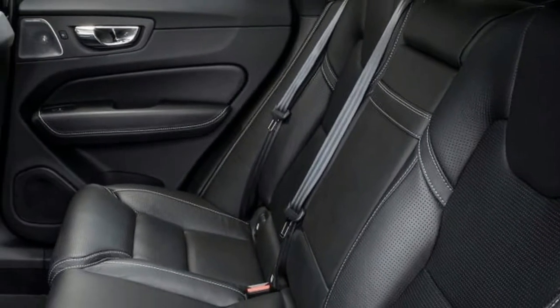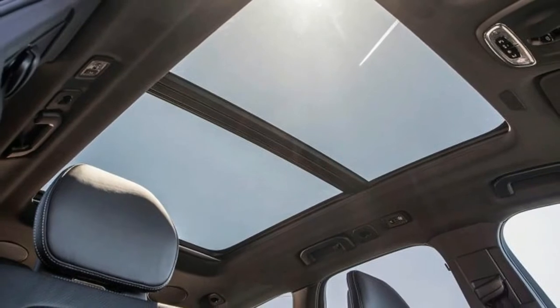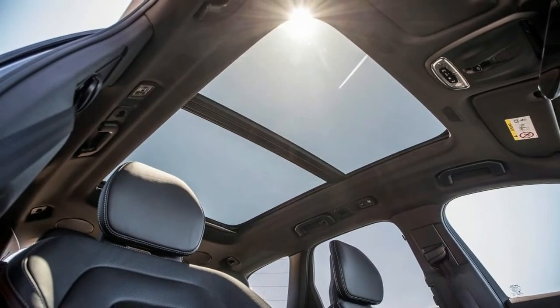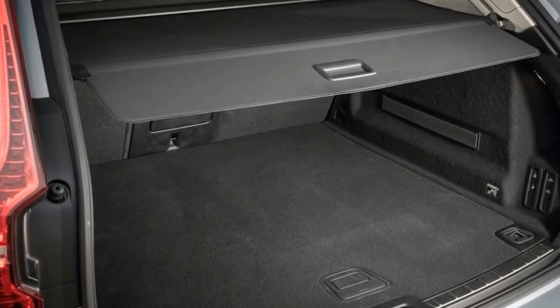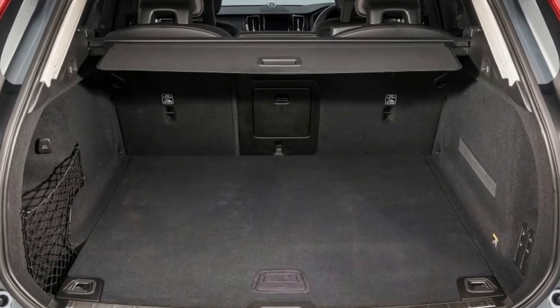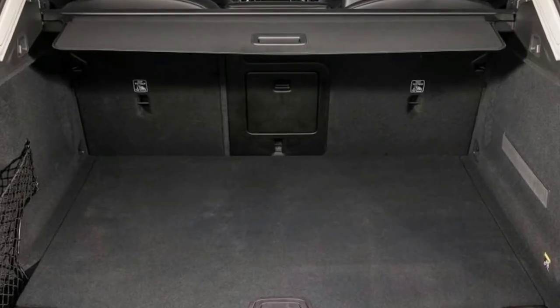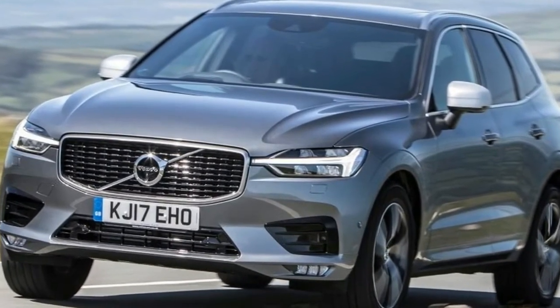Unfortunately, that also means the XC60 T5 R Design Pro is the car that makes the least sense in the range. The XC60 is set up for comfort and refinement, but this version compromises on these strengths in a failed bid to match the likes of Jaguar's F-Pace for driving pleasure. The huge 21-inch wheels crash into potholes, and the ride is much busier than models running on smaller 19-inch wheels. On a bumpy V road it doesn't even feel as composed as an F-Pace, which deals with British roads better